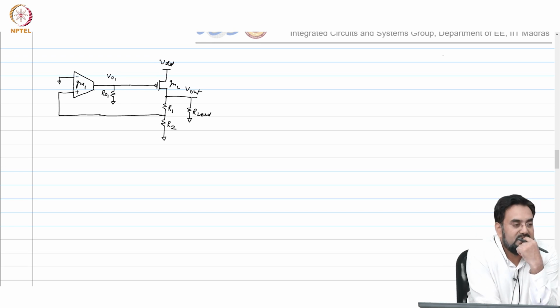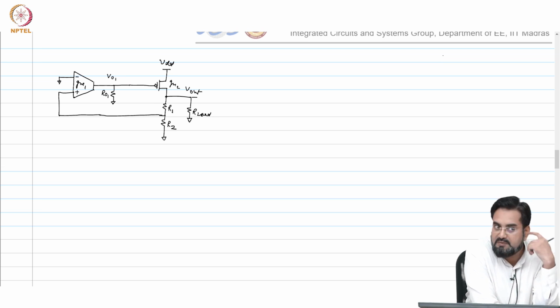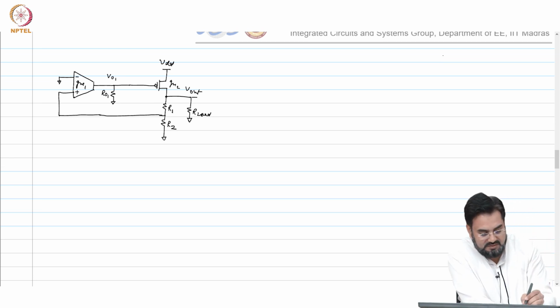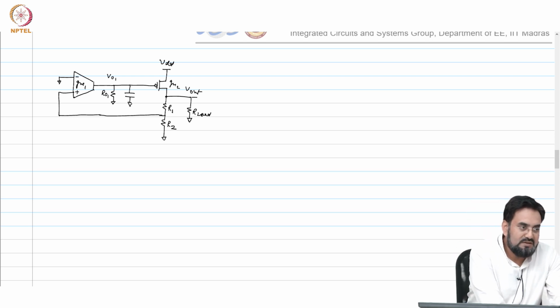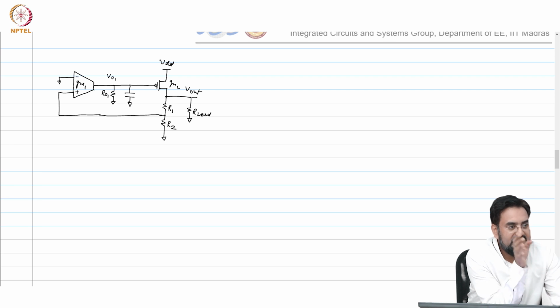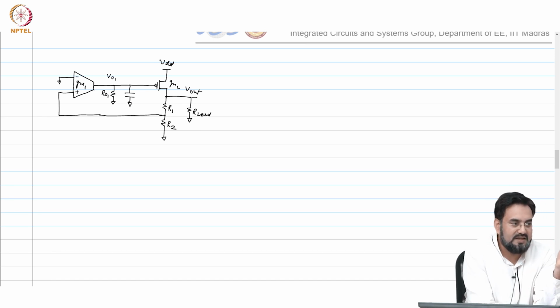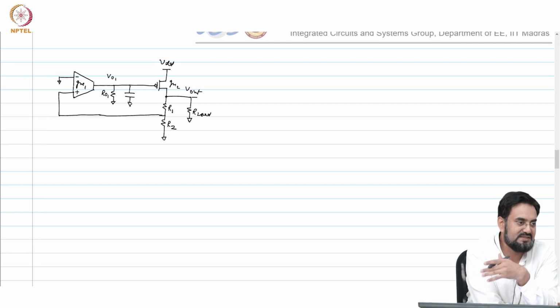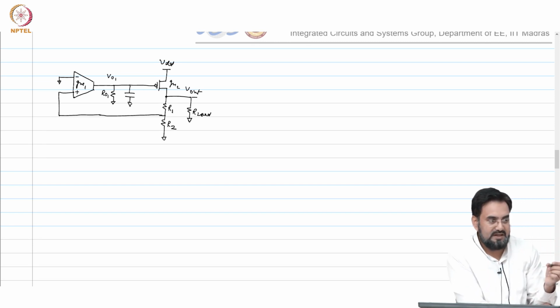So, if I am interested in only response within UGB, then we can ignore the output cap if your omega p1 is dominant. So, we will start. I mean, I could have done with that, but we already know that we did yesterday for Z out and we considered both the poles, and ultimately at the end we had to ignore one. So, now in this case just ignore from the beginning, so that your derivation itself will get simplified, and then once you get the derivation for first pole, then you know where the second pole is, and you can do the Bode plot right away there.